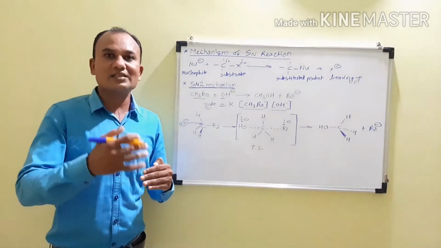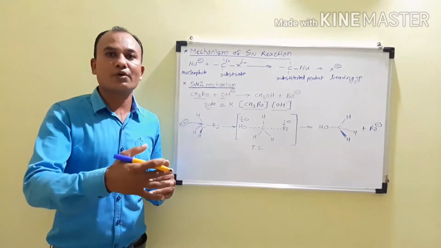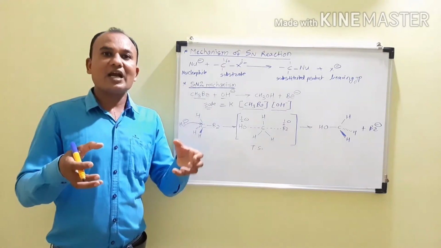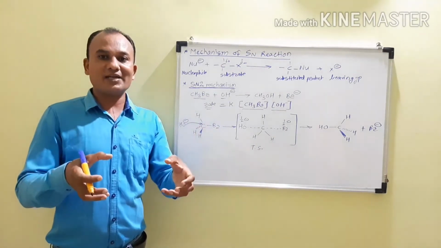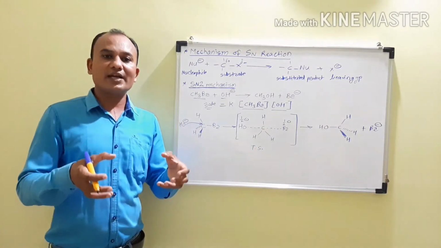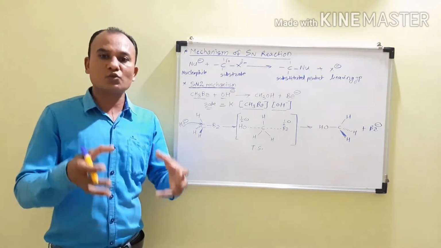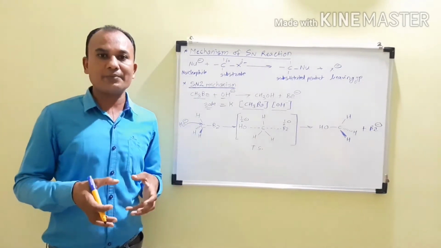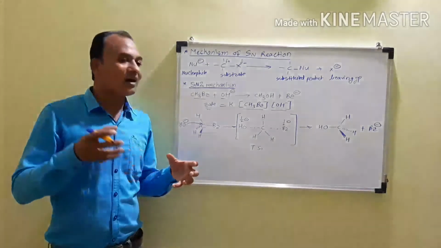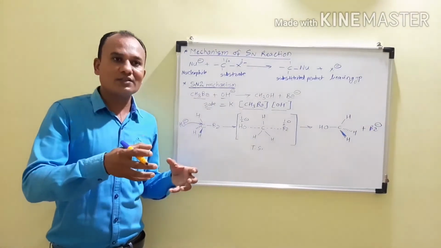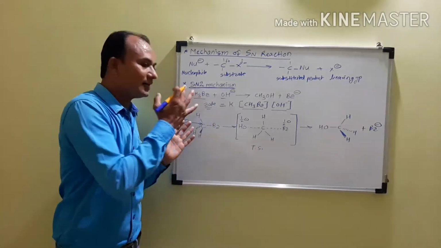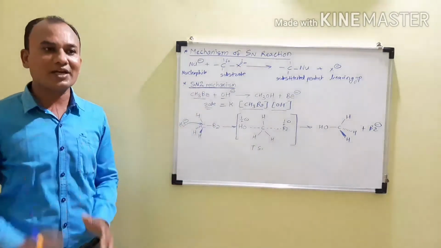It means in a single step we get the product, because both processes, bond breaking and bond making, take place simultaneously. Therefore this reaction is completed in a single step, and that is the slow step, the rate determining step. And therefore we can give the mechanism. There will be an attack of hydroxyl ion on the substrate, as well as breaking of the bond between the carbon and the bromine, simultaneously.